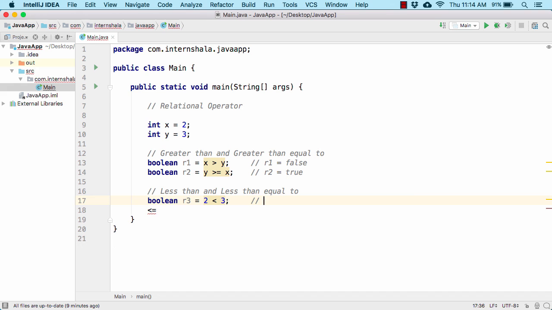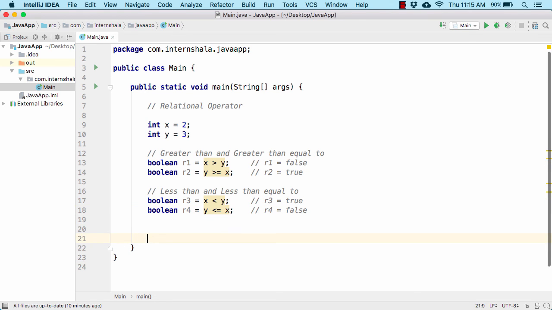Here we get R3 true because 2 is smaller than 3, and again we can replace it by x here and by y. Similarly for the less than equal to operator, boolean R4 equal to y smaller than equal to x. This will result in R4 being false.